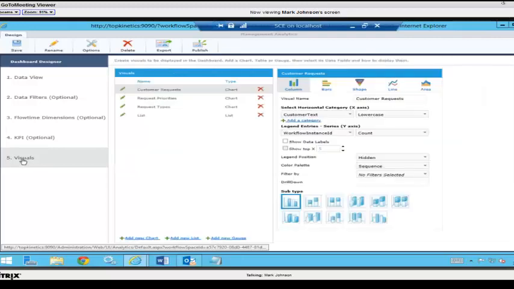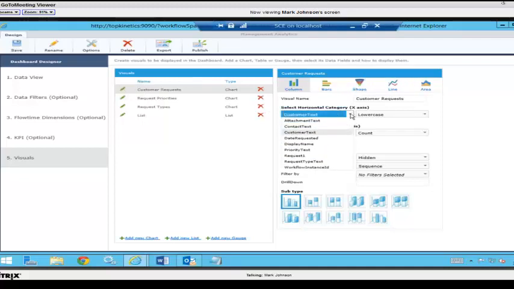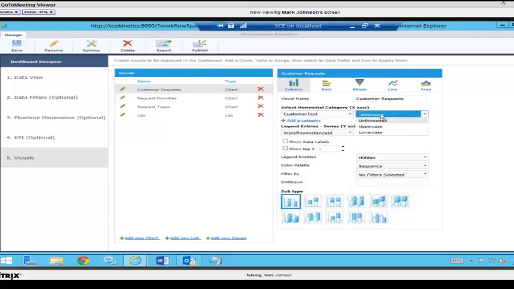We come into the visuals. Basically, we have many different visuals here that we can pick. We have bar charts, shapes, lines, and areas. We come in and pick what our X category is going to be, and you can see this is the list of the data that we picked originally from the beginning. We can format it, whether we want it uppercase, unformatted, or lowercase. We can add an additional category to the X-axis, and then we go to the Y-axis,